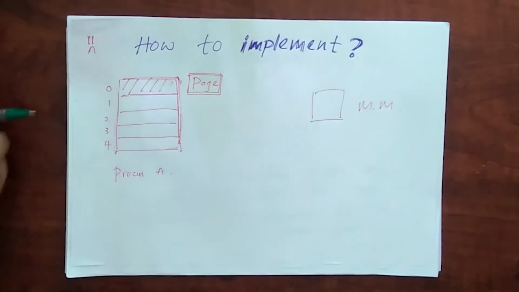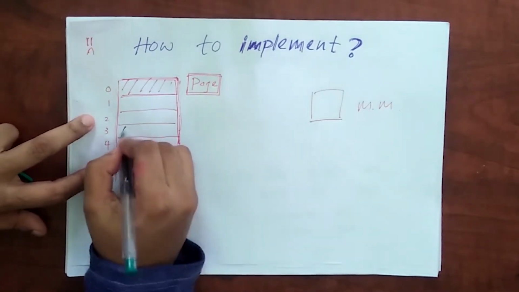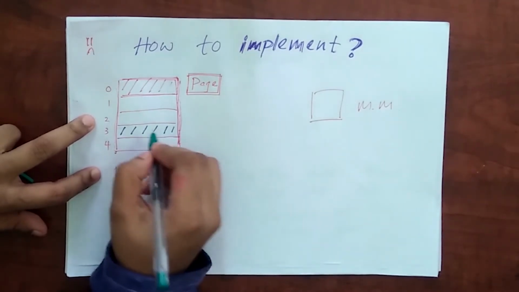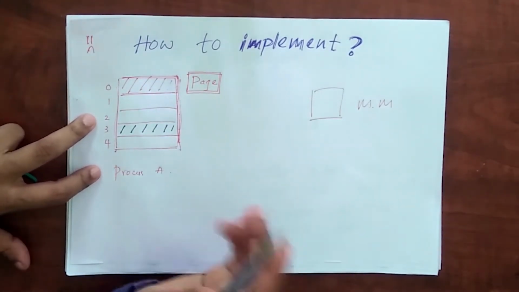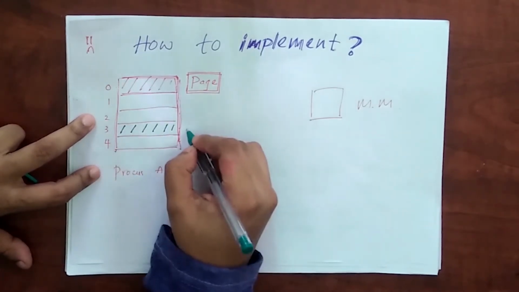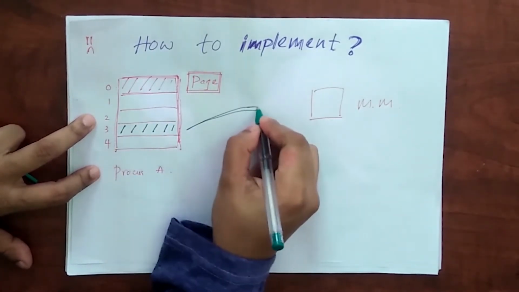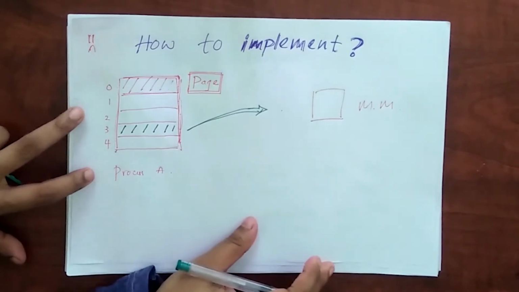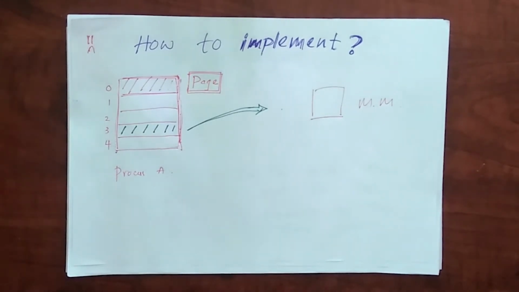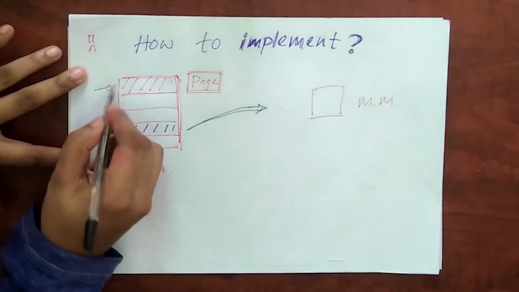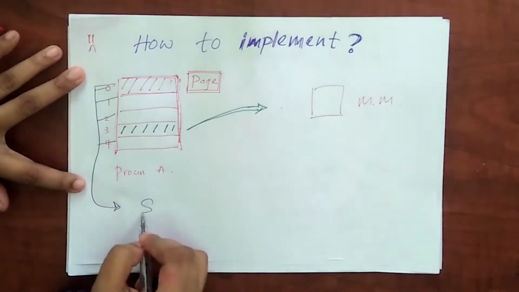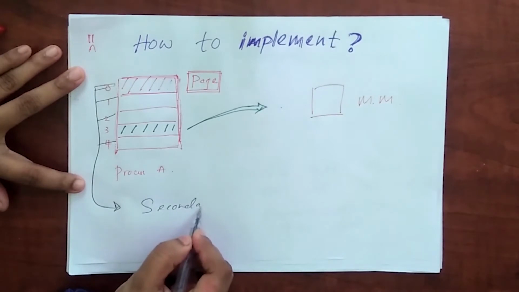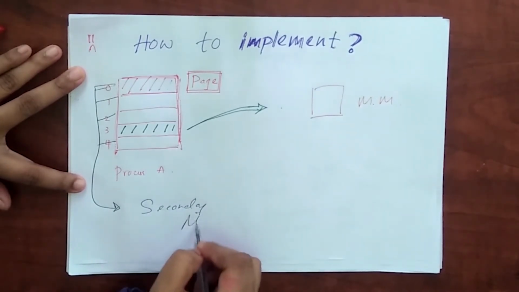Let's say page 3 is required by the CPU. Only this page 3 will be loaded to the main memory, and the other pages 0, 1, 2 and 4 remain in the secondary memory,